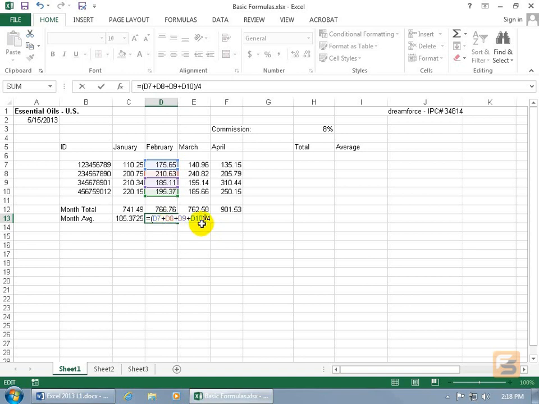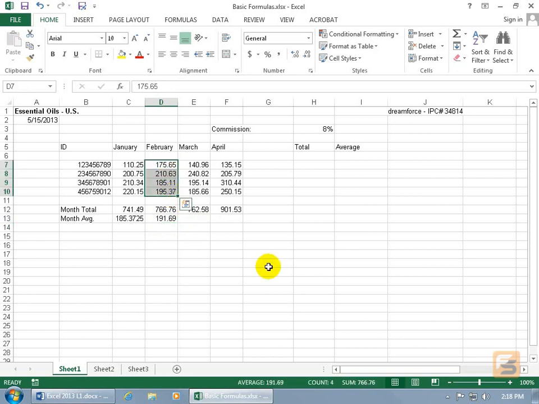Then after you add up everything and you get a total there, go ahead and go outside to the second order of operation and divide everything there by 4. Not just D10, but everything, the total, okay? And then go ahead and hit enter. Hey, there we go. Let's click and drag, select the range,